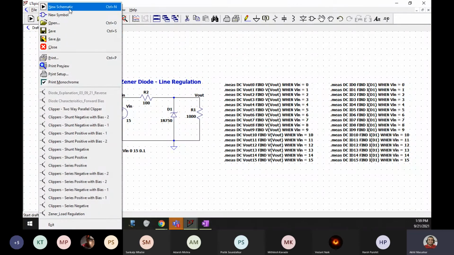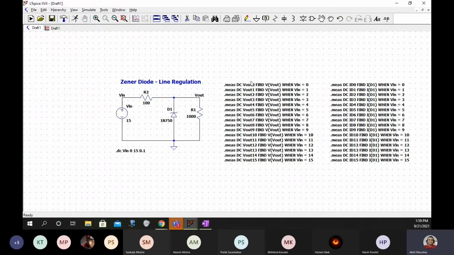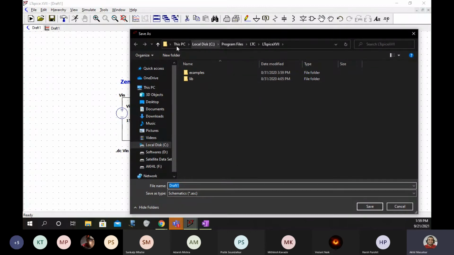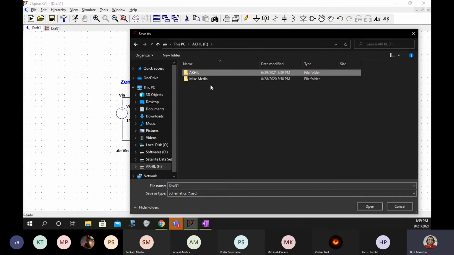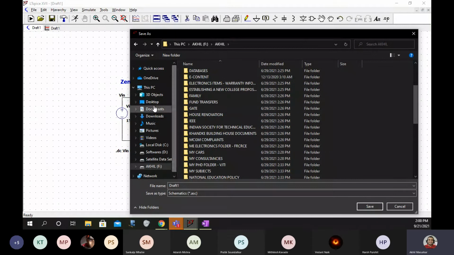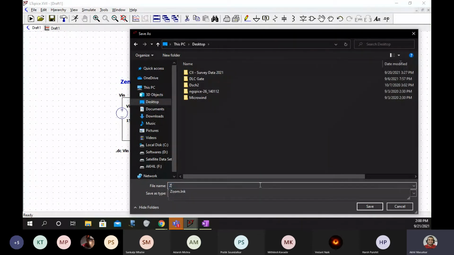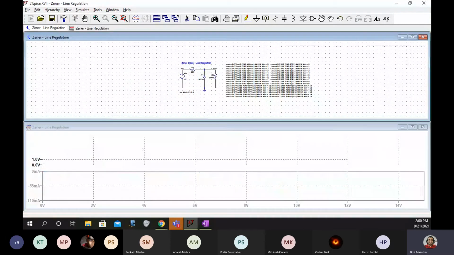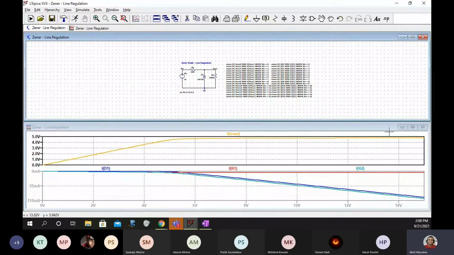Zener, I'll save. Anywhere you can save it, Zener diode. So you are going to get this.